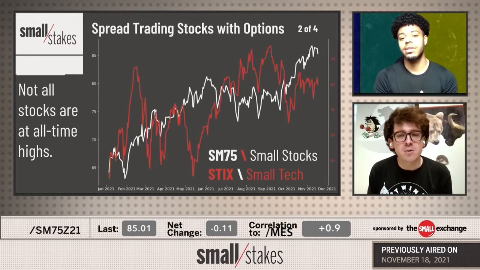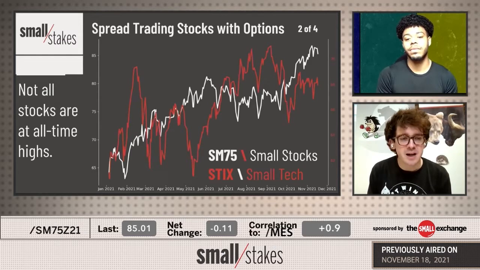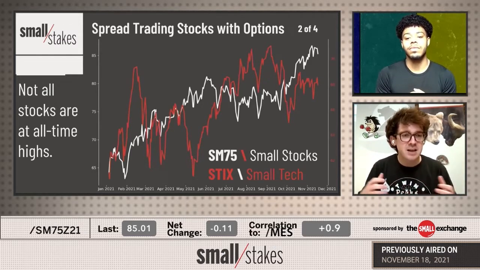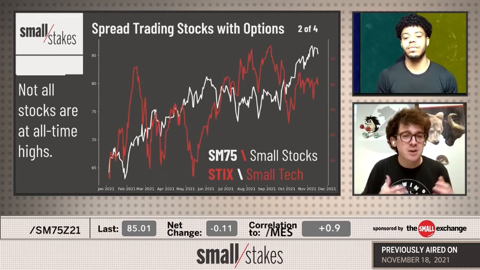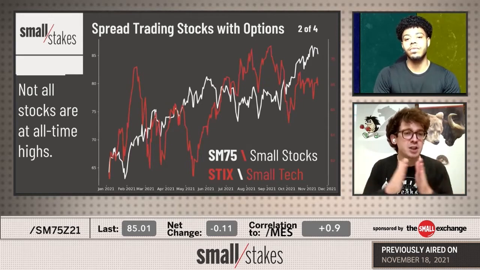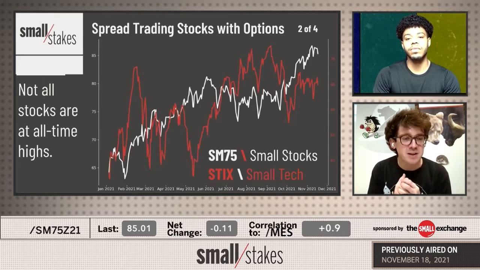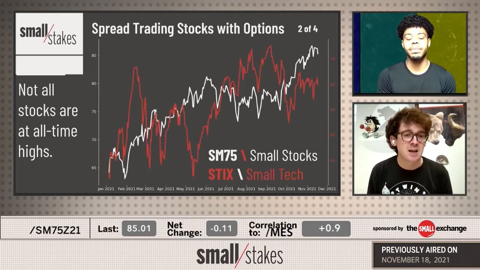So what you want to do when you're looking to spread off futures is you want to get markets that are kind of in the same class, that they maybe have crossover, they have high correlations, but they're different enough that they diverge and converge. Because if you were to look at the S&P 500 futures and the S&P 500 ETF, it's the same thing. There's going to be nothing for me to trade there, because they're going to move tick for tick on a microsecond basis. They're going to move together.